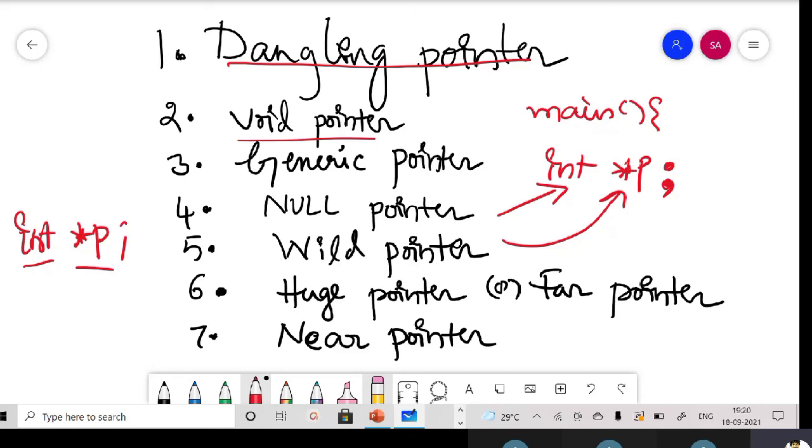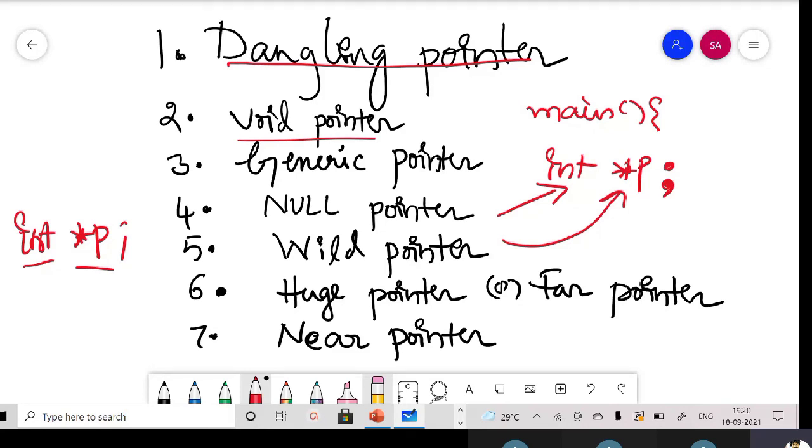But if you have a pet cat in your house, you can expect its behavior. If you observe it for a week or 10 days, you can easily guess its actions in different scenarios, and it is well behaved with humans because it lives in the house. So wild means you can't expect their behavior. If your pointer is not initialized to any address or null, I can call that pointer a wild pointer.